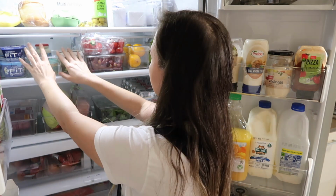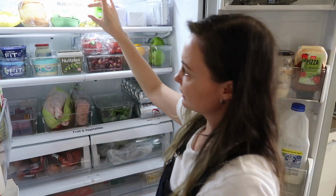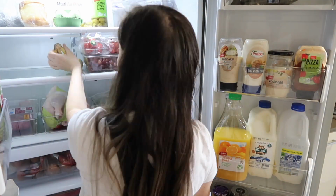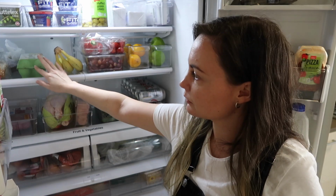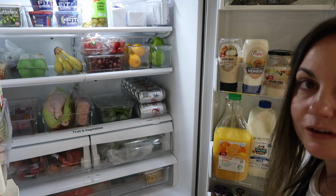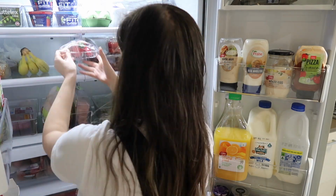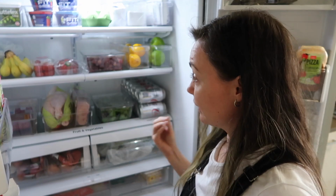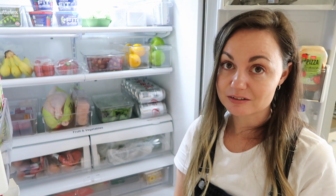I'm just going to swap these, I think, because then all the dairy stuff would be together. I'll definitely find something to keep my eggs in, some sort of container, I think, for Kyle's bread. It's his bread, it's bothering me. It's okay. The whole point of this was not to be too over the top, and it's never going to